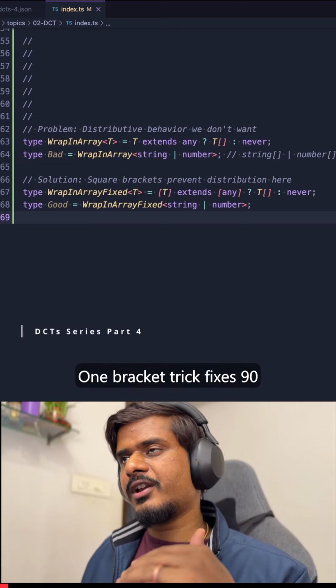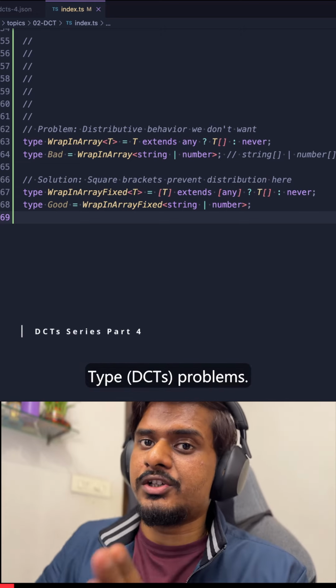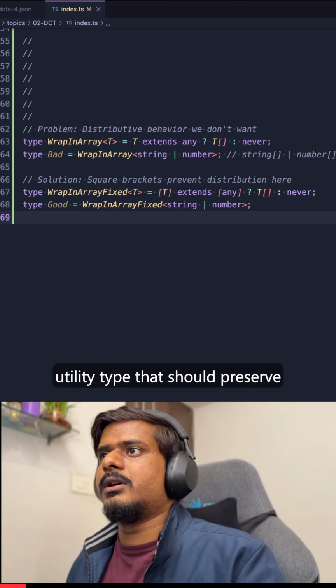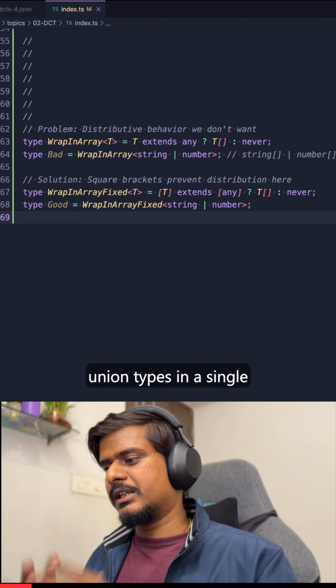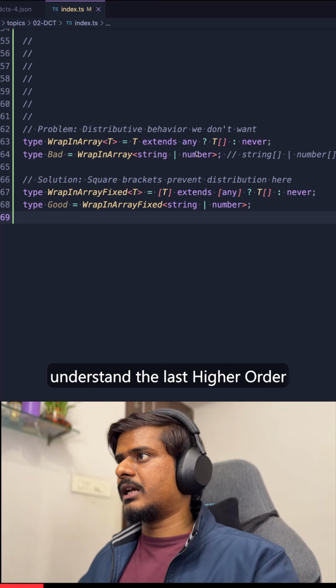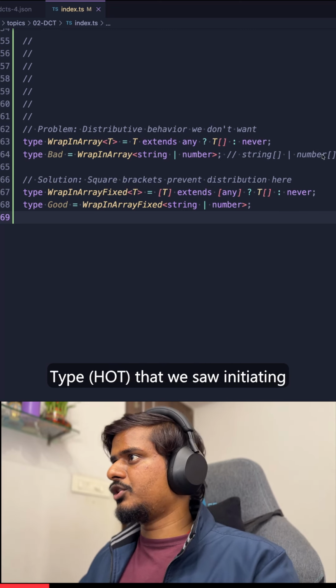One bracket trick fixes 90% of the distribution conditional type problems. Here's the secret. We'll first understand an array utility type that should preserve union types in a single entity rather than distributing them. Before that, we'll first understand the last higher order type that we saw, initiating distributed conditional